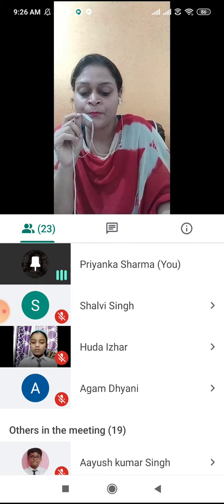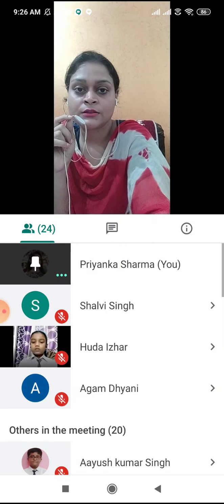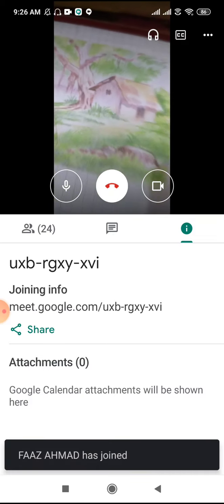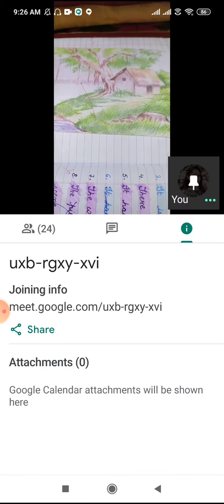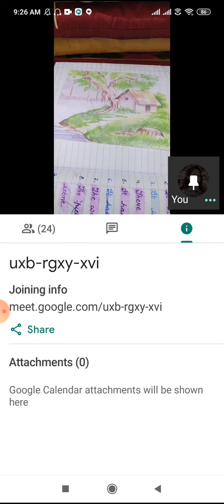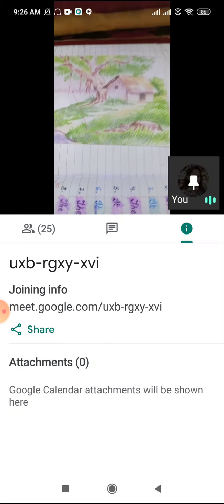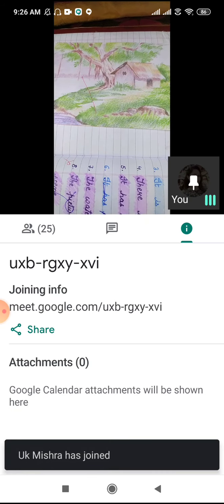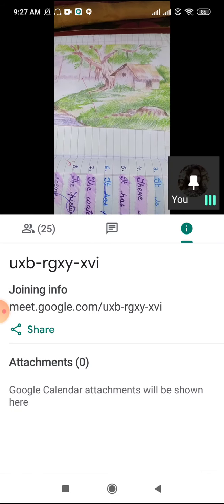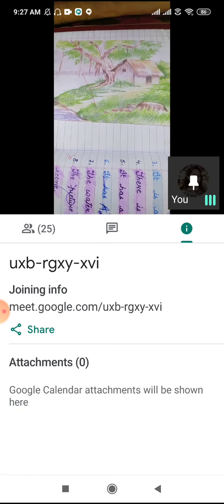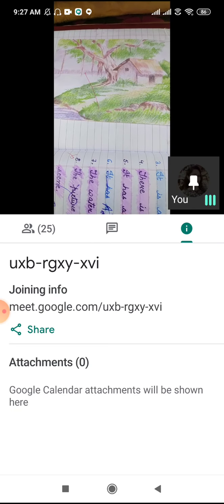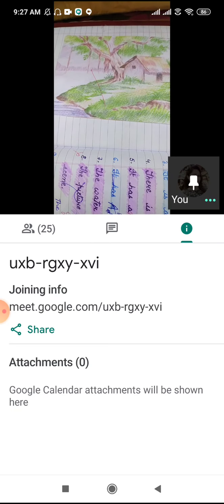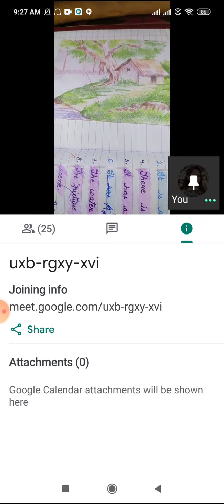Now if I show you like this, look here, can you see this image, all of you? Yes. Now this is an example of picture composition. You will be getting a picture like this and you have to describe it. So what can you see in the picture? First of all, we can see it is a bright sunny day. Then we can see it is a village scene. Okay. Then what else can we see?